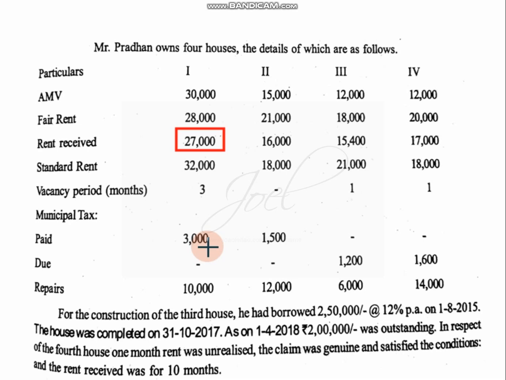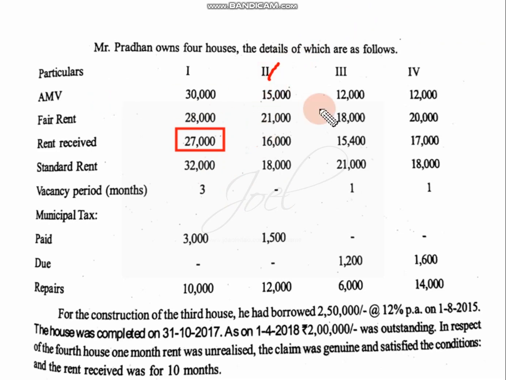No interest on housing loan is given for this house, because some information is there regarding the interest on loan, but that is related to the third house. So that's why this information is not at all useful for us. So 30% standard deduction if I do, whatever answer I will get, that will be my final answer. Yes, fine. So that is related to the first house. Second house, we will see the second house.